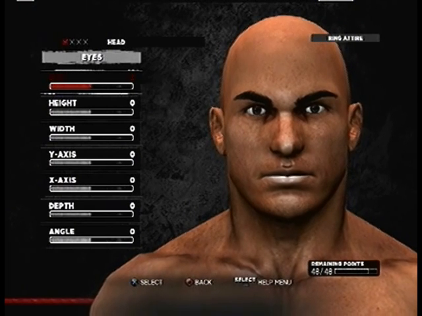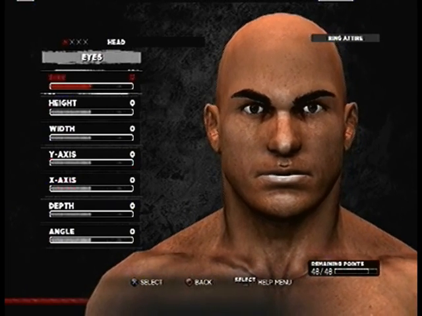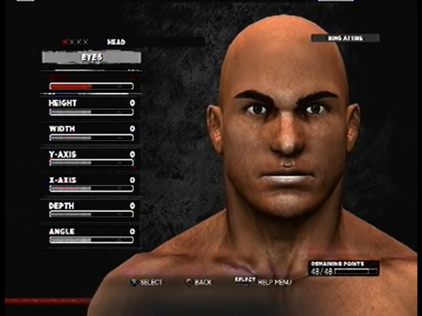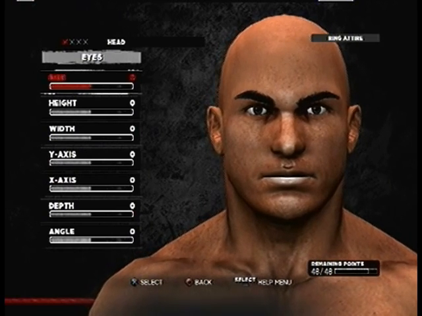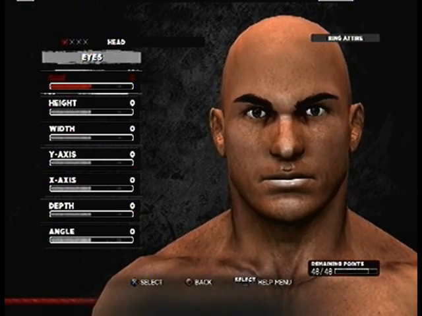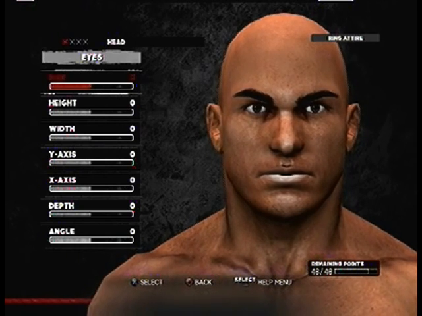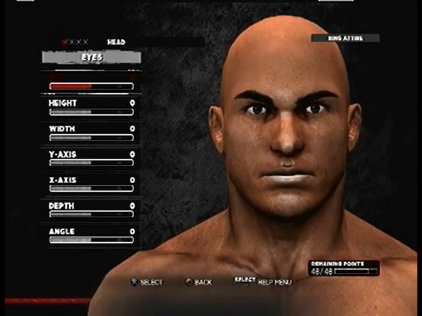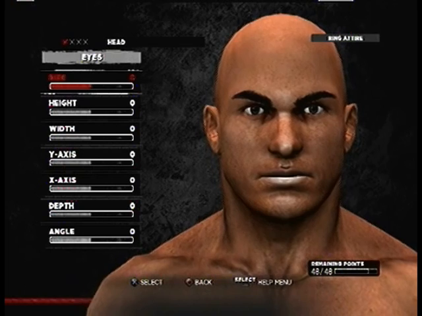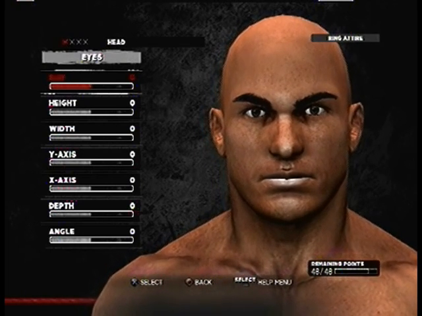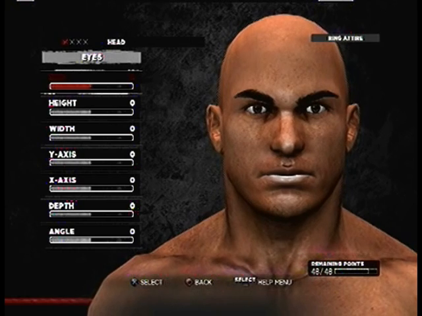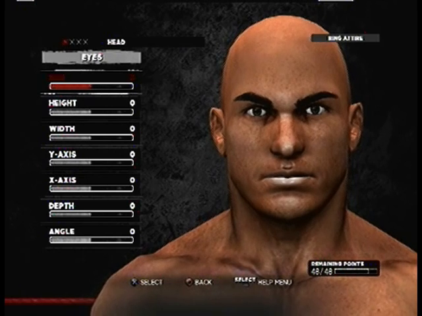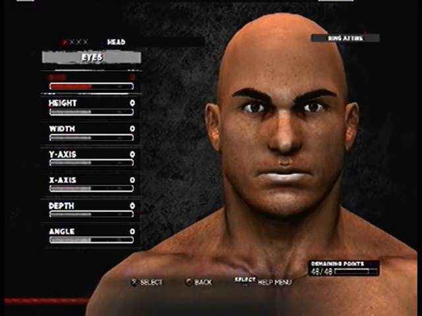So next up we come to the eyes, and here is another cardinal sin that a lot of people do as far as their black characters. They'll leave the eyes as close to default as possible, or in some cases they'll even make the eyes look like another ethnicity, which is what I don't get. How you gonna have a black person? I mean, yeah, you have some black people out there that do have Asian type facial features as far as the eyes go and everything like that. But